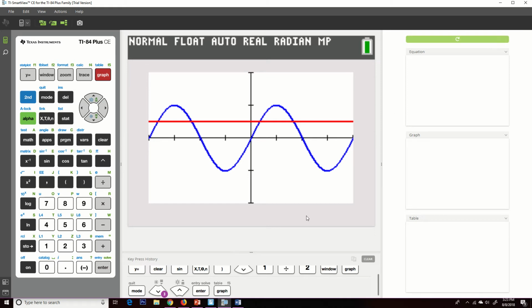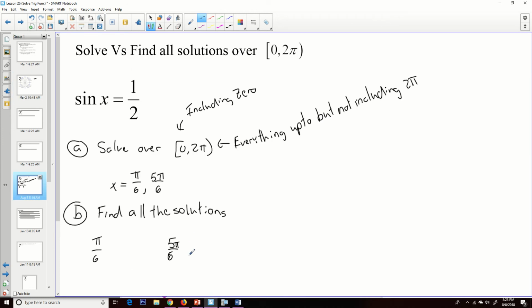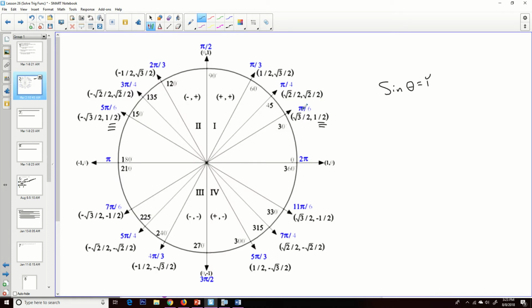So we can't write an infinite number of answers. What we're going to do is come up with a way to express the original pi over 6 and 5 pi over 6 plus all of the multiples. So let's just talk about pi over 6 for a second. There's my first solution for pi over 6. If I go all the way around and then up to pi over 6, well, that next one will be